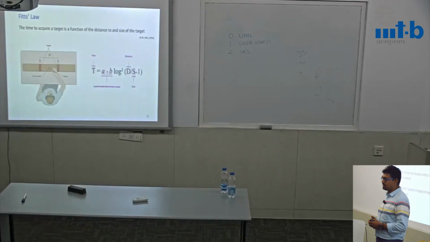So what Fitts's law says is, by the way, the name of the scientist is Fitts, and therefore the law name is Fitts's law. Right? What it says is the time to acquire a target is actually a function of the distance and the size of the target. Two variables here: the distance of movement and the size. So through a lot of empirical experiments with different types of user base, he came out with this model, which is very, very popular to apply in the human-computer interaction space.